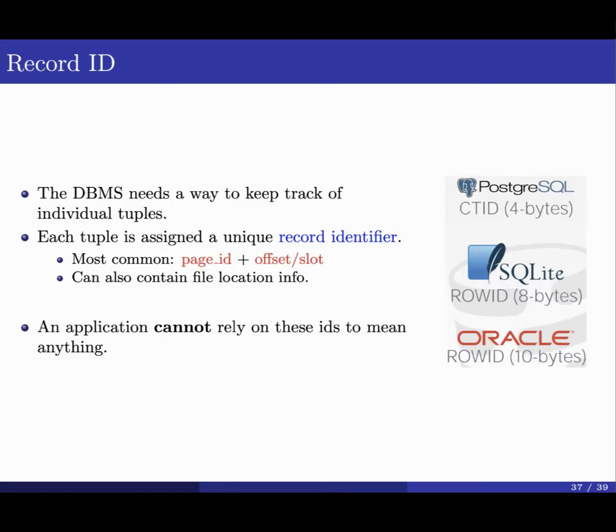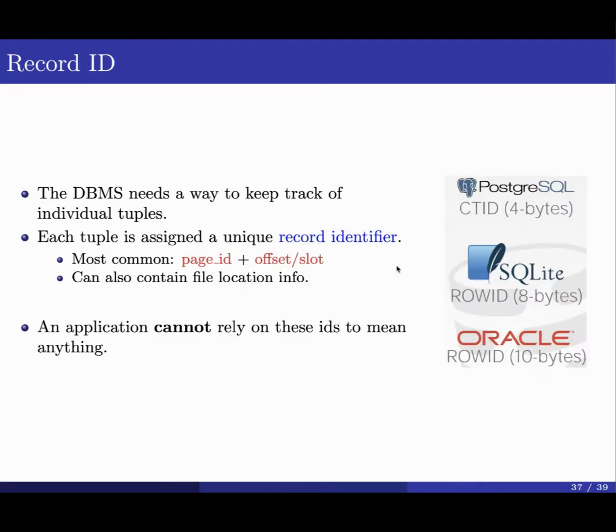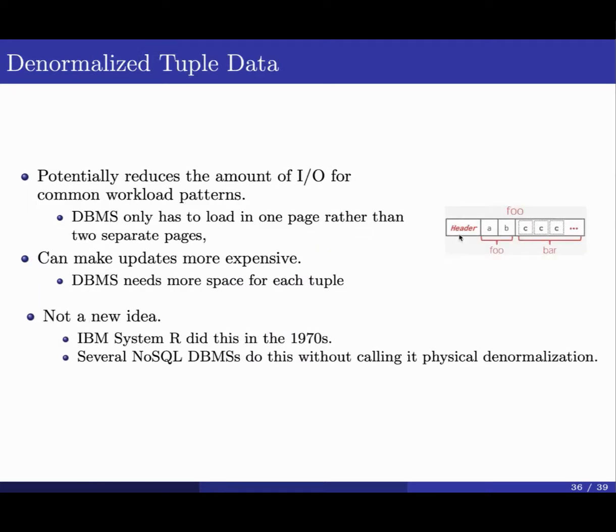The record ID, we do have what is called the tuple ID, we do have what is called the record ID. And the record ID here, a database management system requires a way in order to keep track of the tuple that's stored inside the database. The same way that it needs to keep track of the page, it needs to keep track of the record ID. In the record ID, we can use what is called a unique record identifier that can be associated with